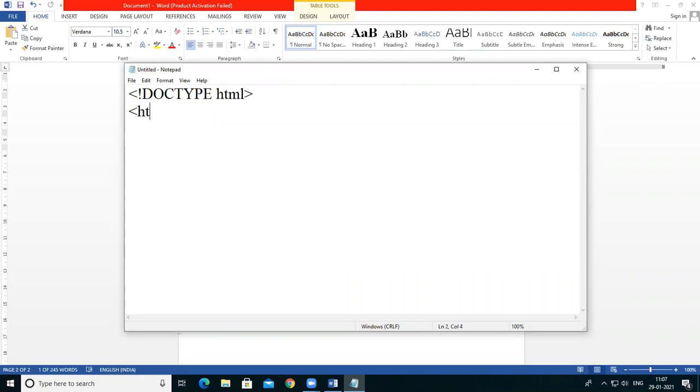Okay, then open the HTML tag, close the HTML tag, head tag, in the head tag mention the title to the web page.